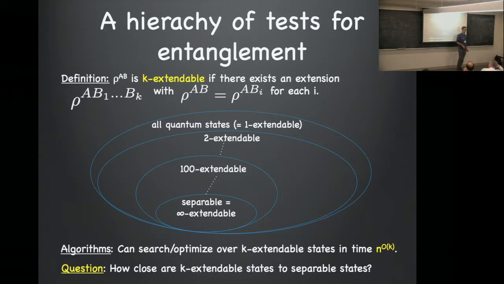So let me now define, just to remind you, a slightly more general version of separable states. Before I said it was for 2 parties, this is for m parties. So if I have m systems, each n-dimensional, this is called sep nm. And the symmetric version, I just have m copies of the same state.